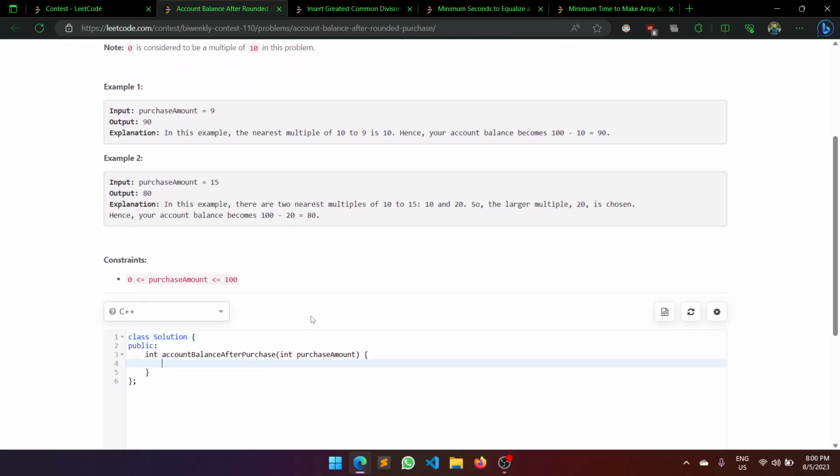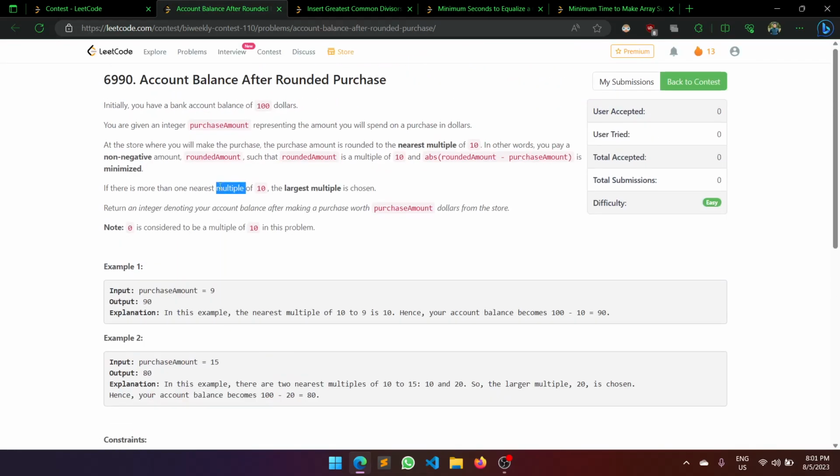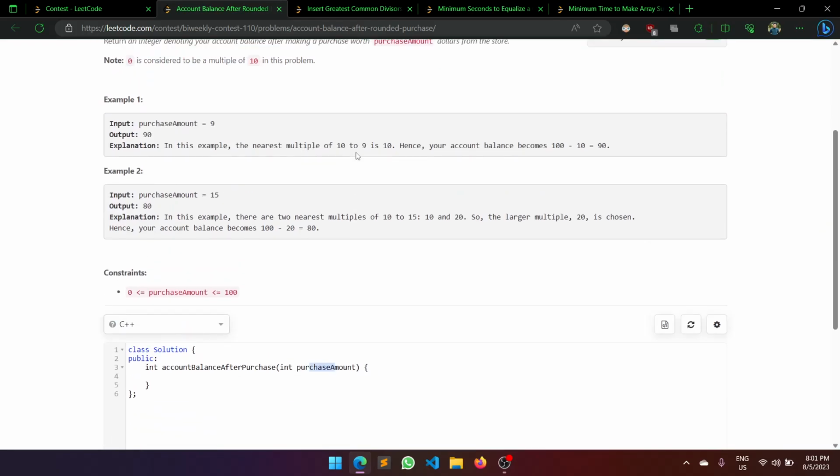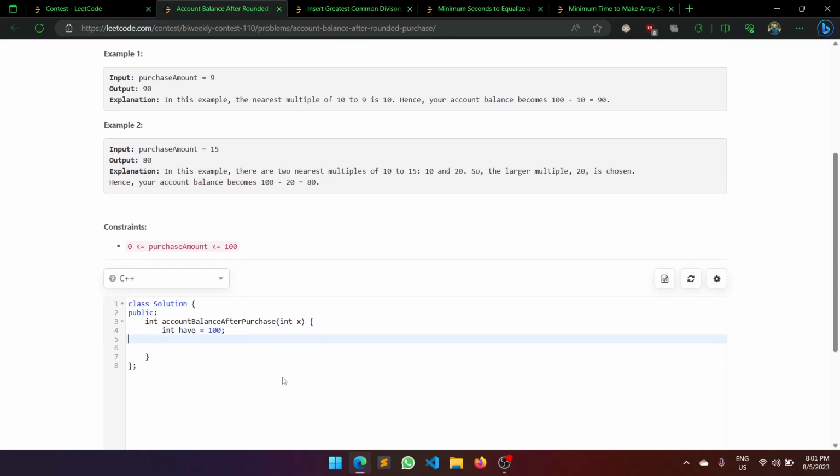Okay, initially I have this much amount and I have to make this payment. So the purchase amount is rounded to the nearest multiple of 10. So 9 is very close to 10. Okay, I get it. Let's call it x. Initially we have 100. We'll try to make x equal to one of the nearest integers. So we can either have